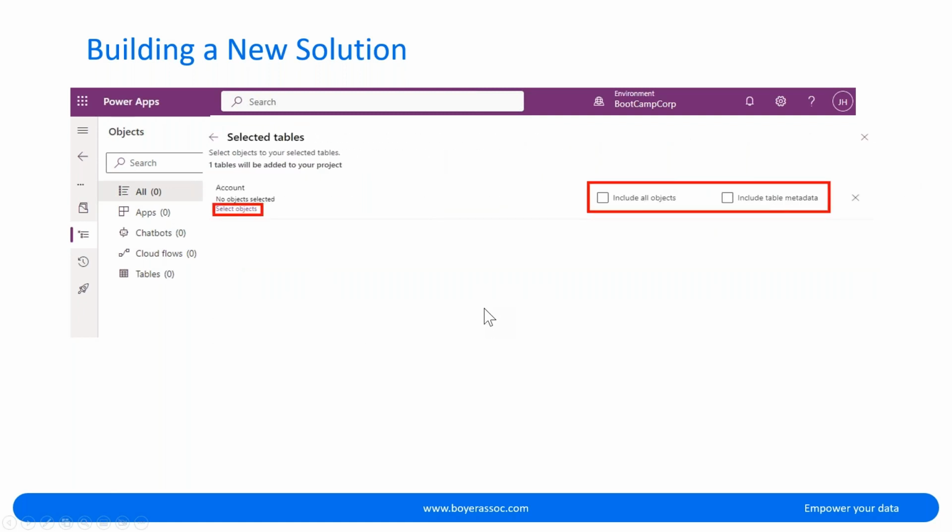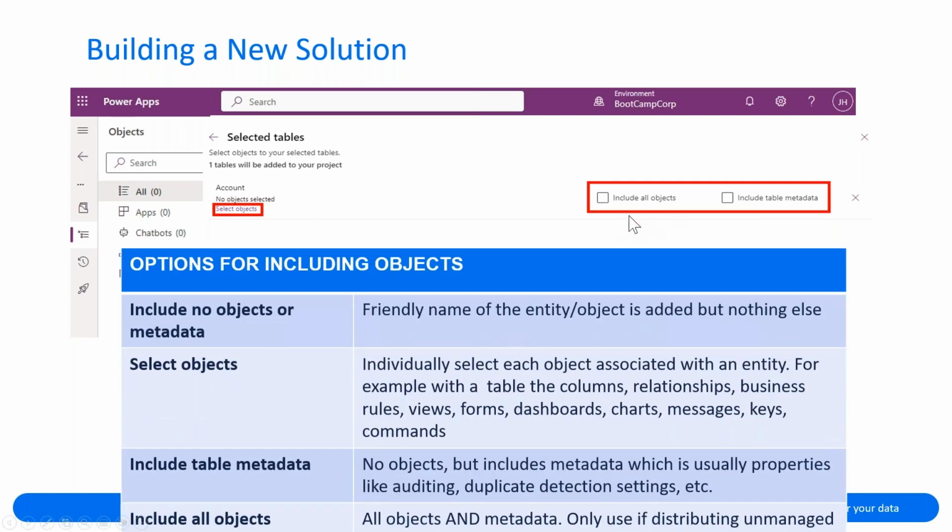Once you have selected that table, it allows you to add different components into that solution for that particular table. As I was saying, there's an easy way to bring everything into that solution for that table, and that's where you want to be careful, because here you can see there's an option for include all objects versus include table metadata.